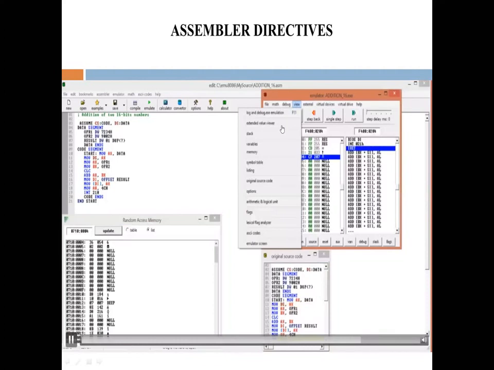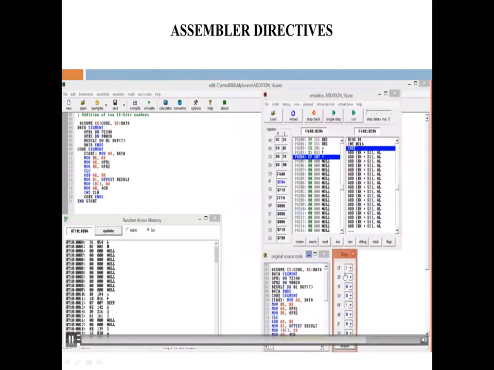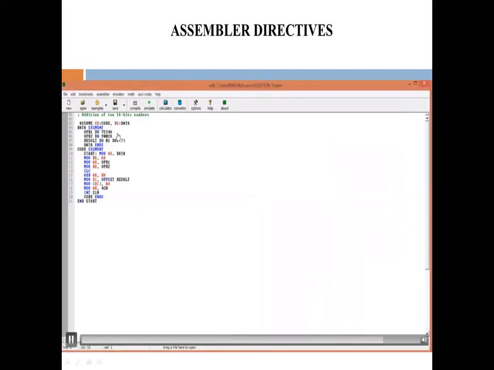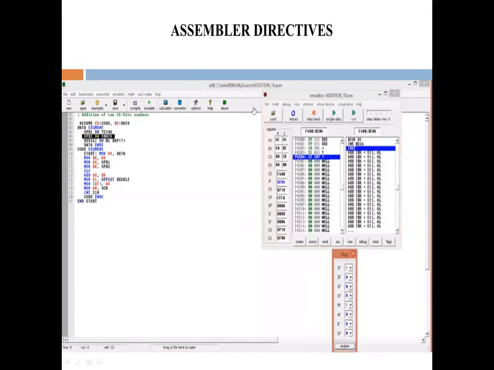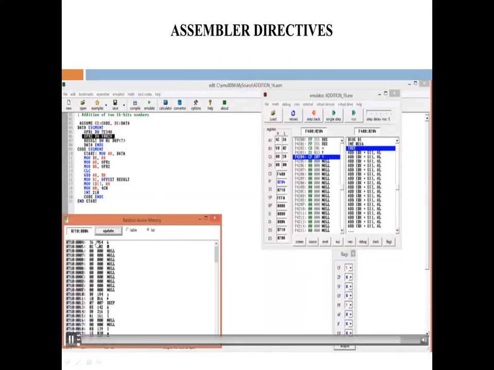Now we see the content of the flag register. Here the carry flag value is now 1, and we see the result of the addition of these two operands at that memory location. We get the value 3602. The lower byte is at the lower address and the higher byte is at the higher address.